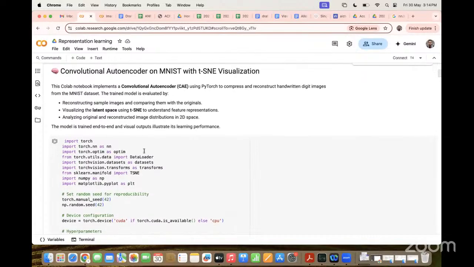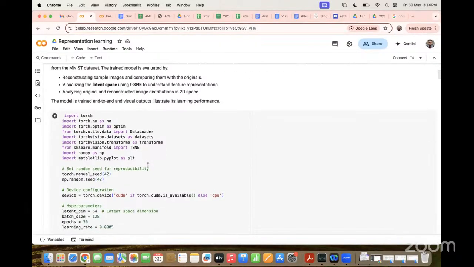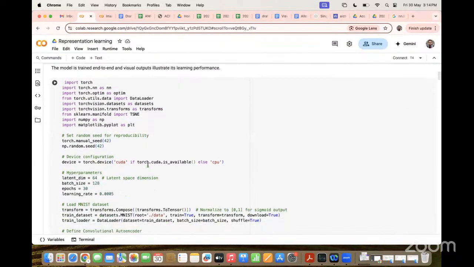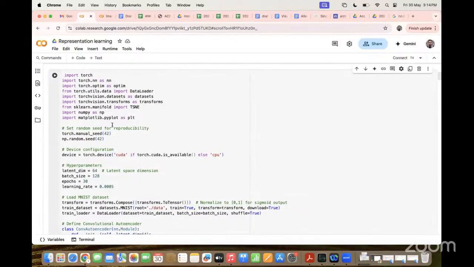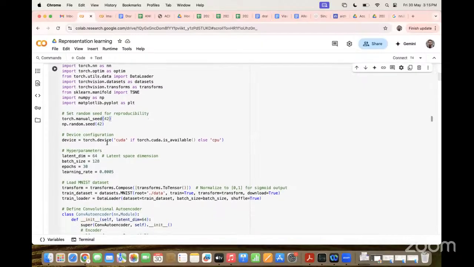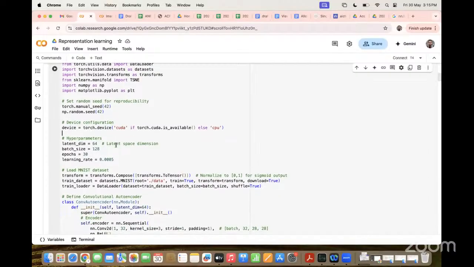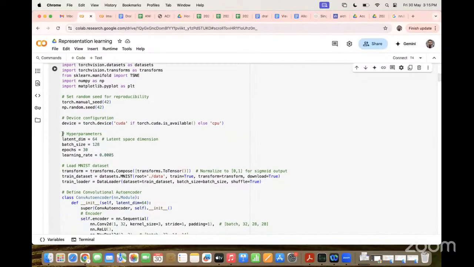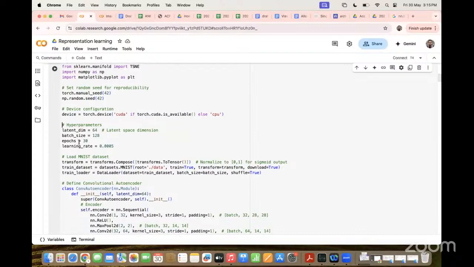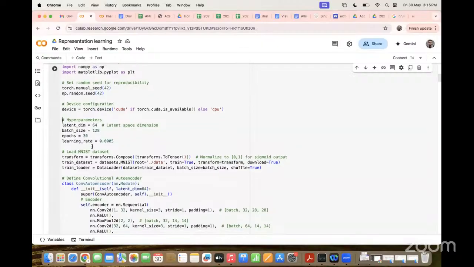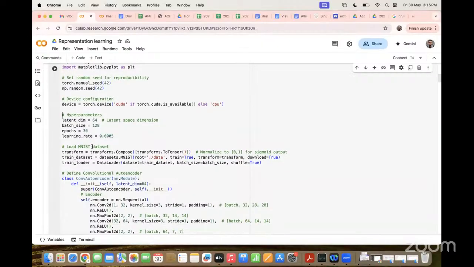So what we did in this: import libraries, and set the seed so that every time we run the same code the randomization is the same. If a GPU is available, then run on GPU, else it will shift to CPU. Parameters: latent space dimension of 64, batch size 128, and learning rate 0.0005.